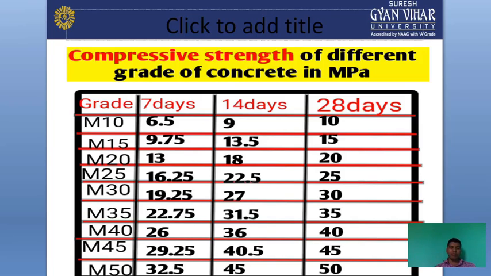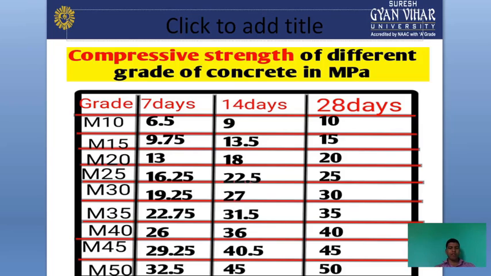मान लो कि हमने M10 ग्रेड का कोई क्यूब बनाया, अगर हम उसको 7 दिन के बाद उसकी टेस्टिंग करेंगे तो उसकी कंप्रेसिव स्ट्रेंथ आनी चाहिए 6.5 किलो न्यूटन. अगर 14 दिन के बाद करेंगे तो 9 किलो न्यूटन, और अगर 28 डेज़ के बाद करेंगे तो 10 किलो न्यूटन आनी चाहिए. ये हमारा IS कोड कहता है कि इतनी स्ट्रेंथ आना ज़रूरी है, तभी आपका वो मटेरियल यूज़